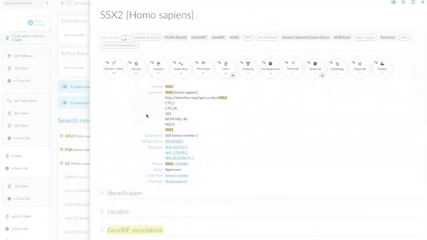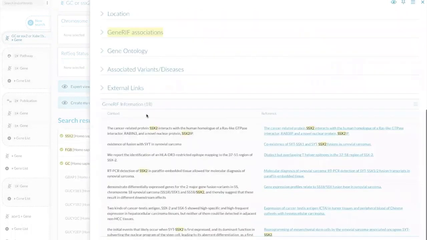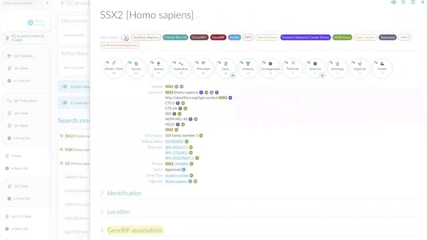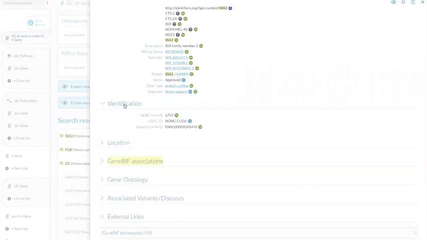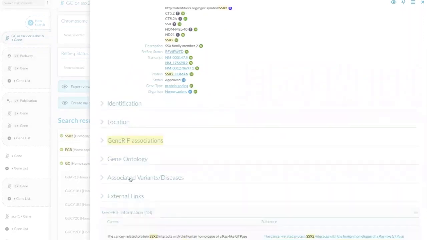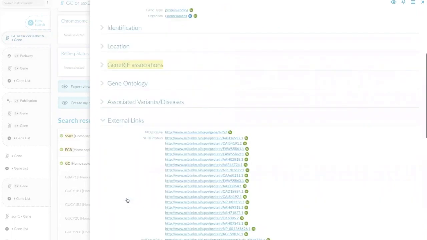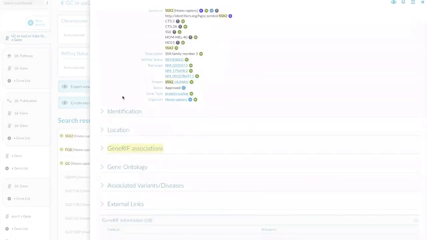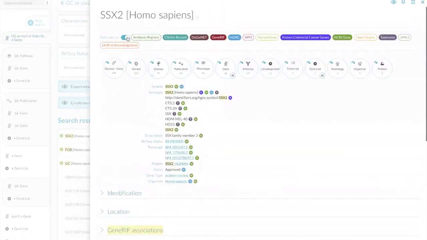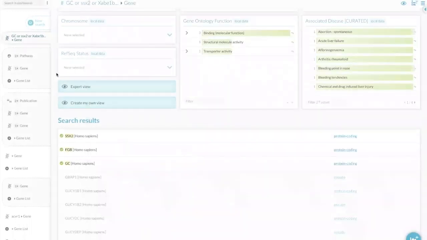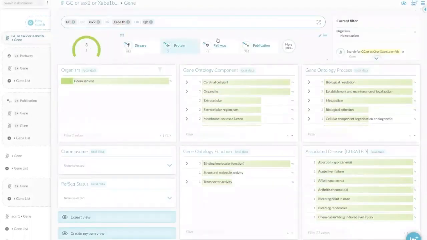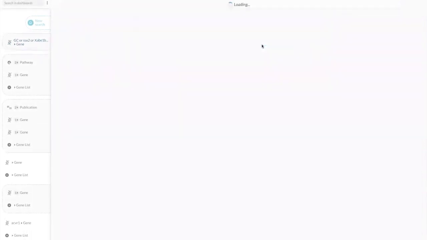What is now the advantage? If I click on a single gene, I get all the data we have in the public space. I can do a lookup here. I see different sources adding information. I can have different identifiers to link to that. I have links to other resources to go deeper into this, so I can use this as a lookup system to gain additional knowledge. Or I can follow, again, links and say, okay, I would like to see, for example,